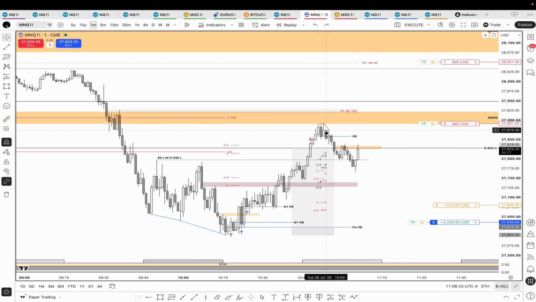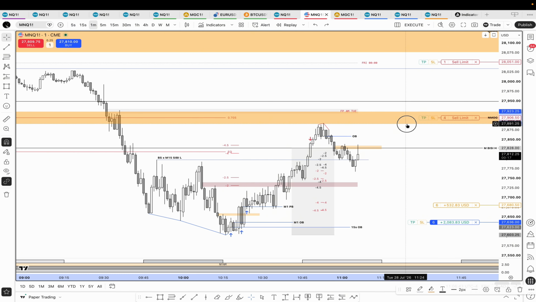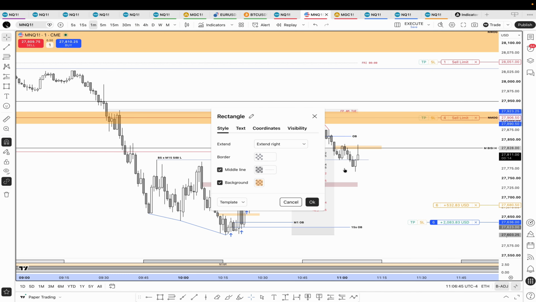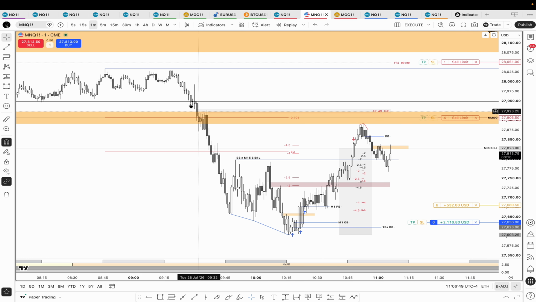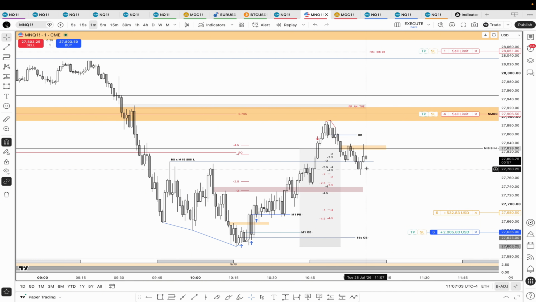And the fact that we stopped right at it, I could look to even extend the limit to the consequent encroachment of the new month opening gap, which is in alignment with the OTE of this range altogether. Now, that is all if we can have a closure of these series of up close candles. What I'm looking at right now is the fact that we have, and this is kind of annoying me in terms of all of these standard deviations, but